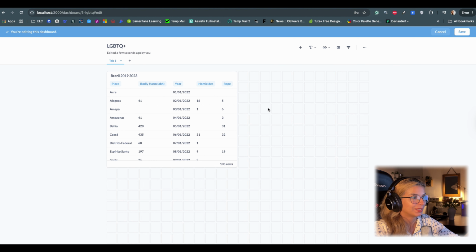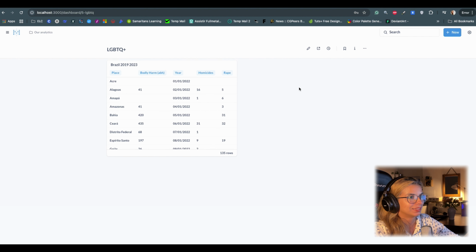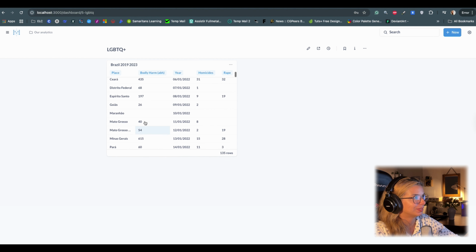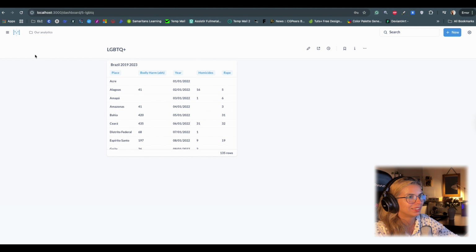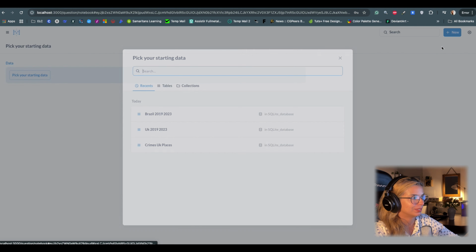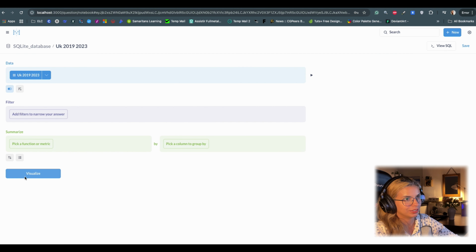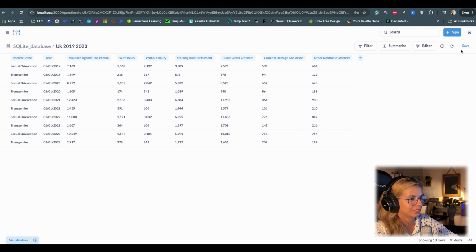Okay, it looks like now, let's try to add some more data here. I'll save it, and yeah, you just show the table really. Let's try a new question to this one, visualize and save.